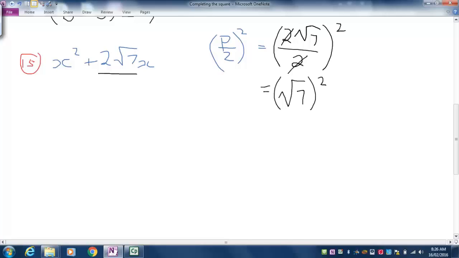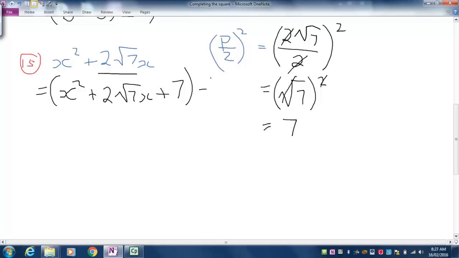Root 7 all squared. Now remember our rule that a square root is the opposite of squaring something. So this will cancel with this and I'll simply be left with 7. So that's my magic number this time. So to complete the square on x squared plus 2 root 7x, I add 7. And then again outside the brackets I need to also subtract 7